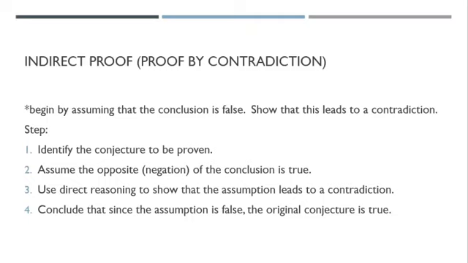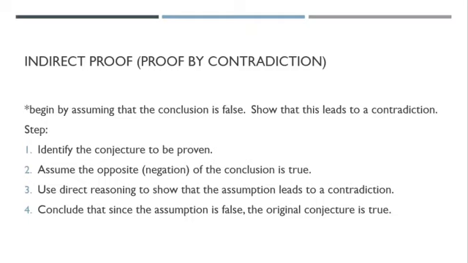Hi everyone, and welcome to video 2 for lesson 5.5, Indirect Proof and Inequalities in One Triangle. So we're going to be talking about indirect proof, which is also known as proof by contradiction. And there are several steps to do when you're trying to do an indirect proof. This is definitely not as formal as a two-column proof. It's more of writing out your reasoning and making sure that you are reasoning using theorems and definitions and things